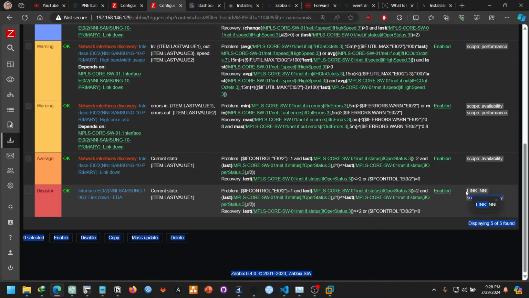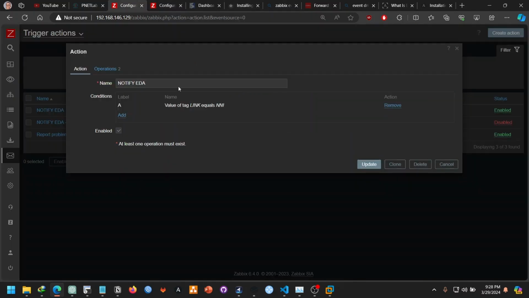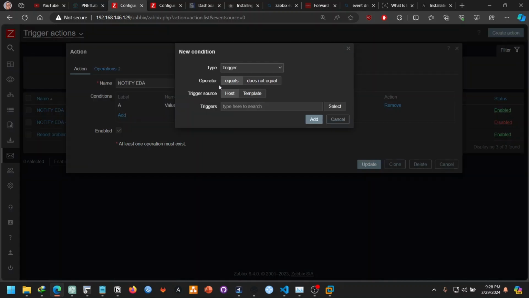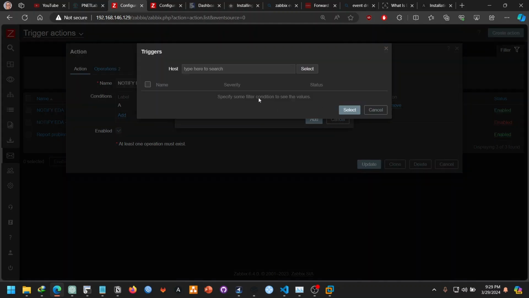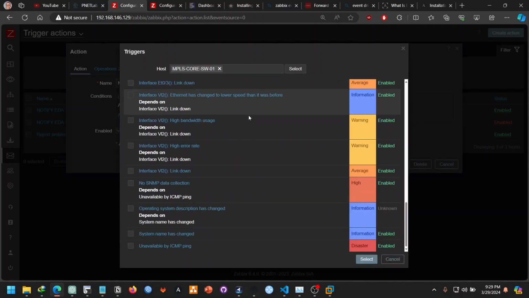So when the link goes down, this trigger action is going to look for a link with this particular tag over here, and it's going to perform an action. Let's see if we can do something similar. So we choose trigger, which equals, and then we select the trigger. Here we select 01, which is the switch, and then we can search for